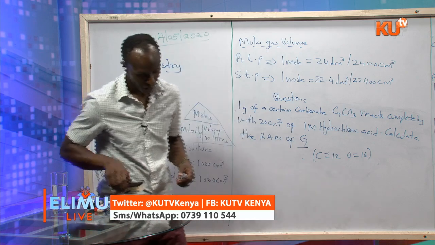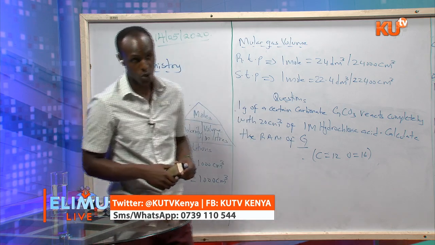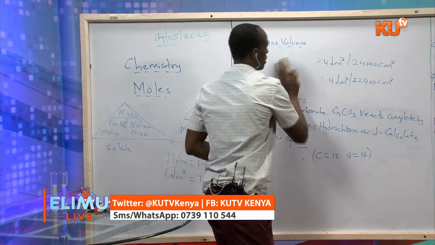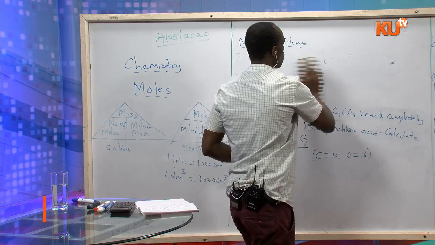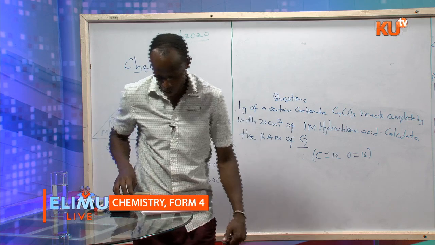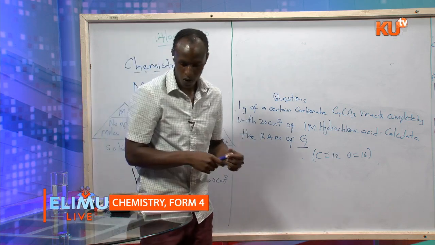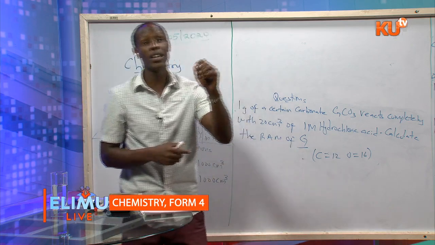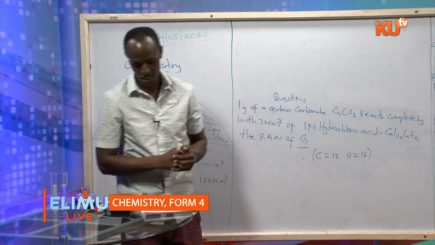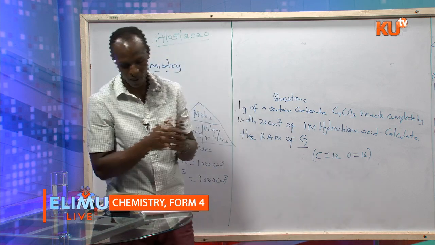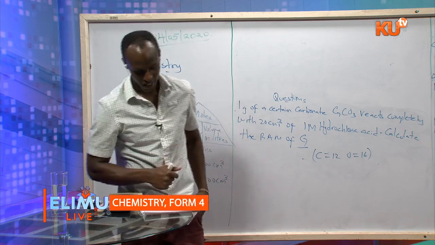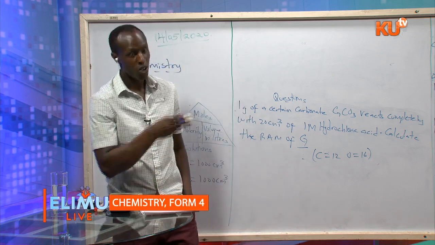Question B, if 0.29 dm cubed of the brown gas was produced, calculate the mass of lead 2 nitrate that was heated. Question 2,